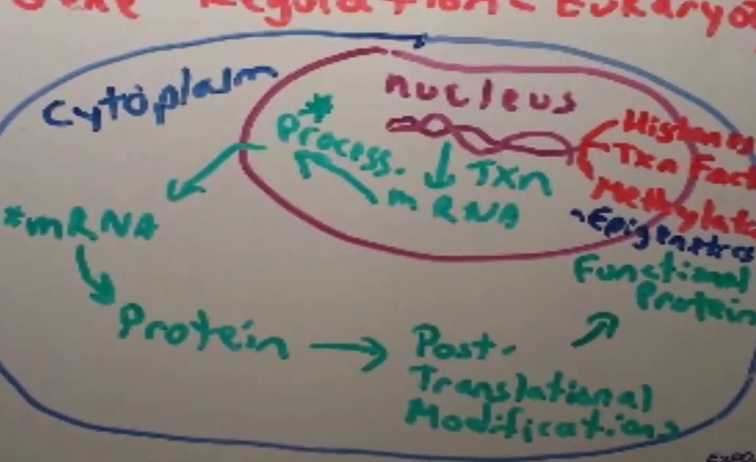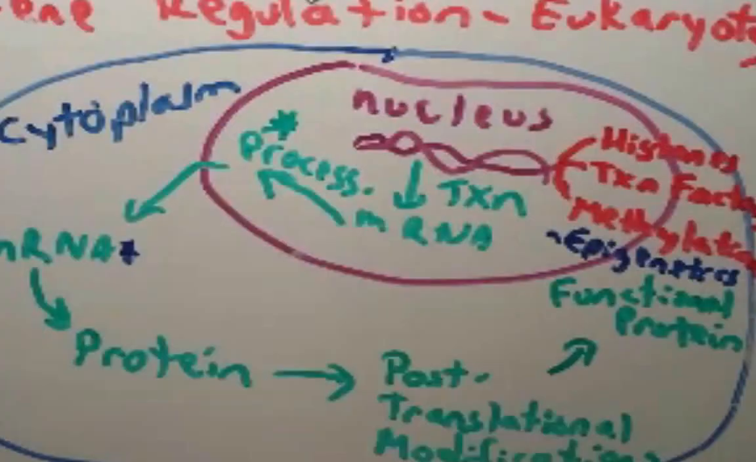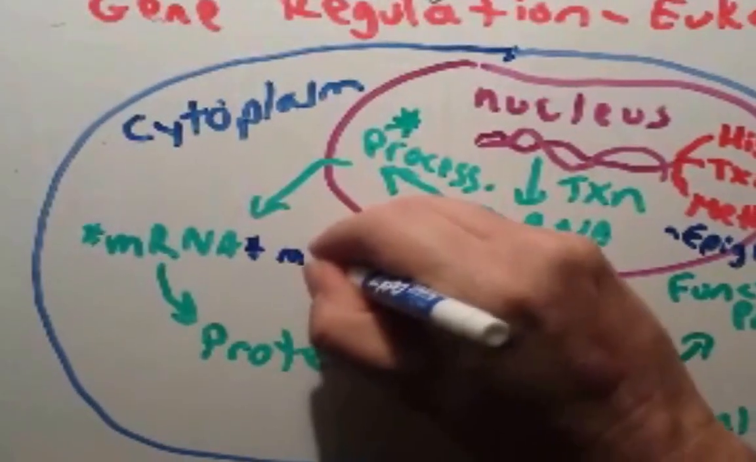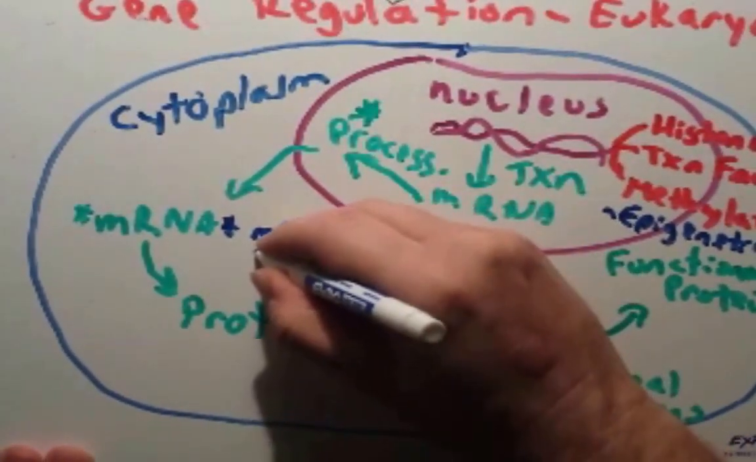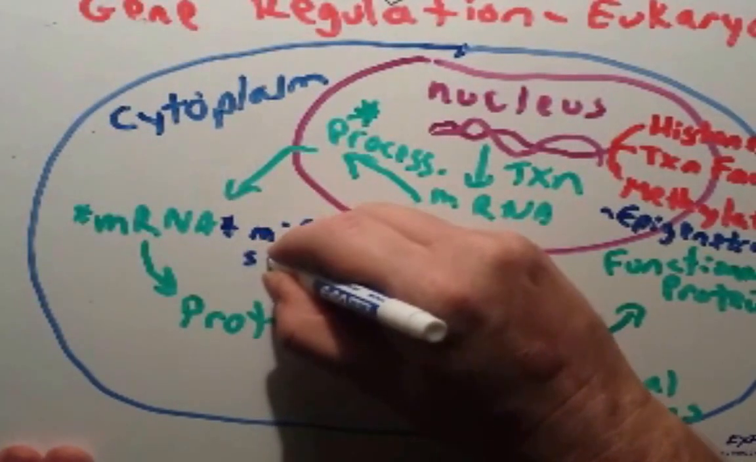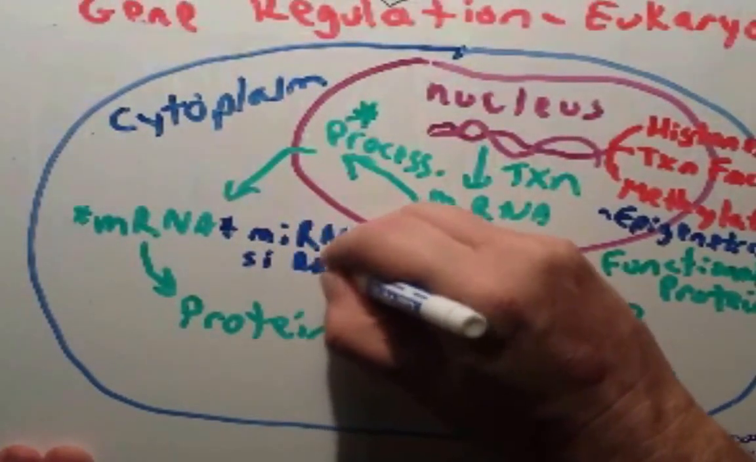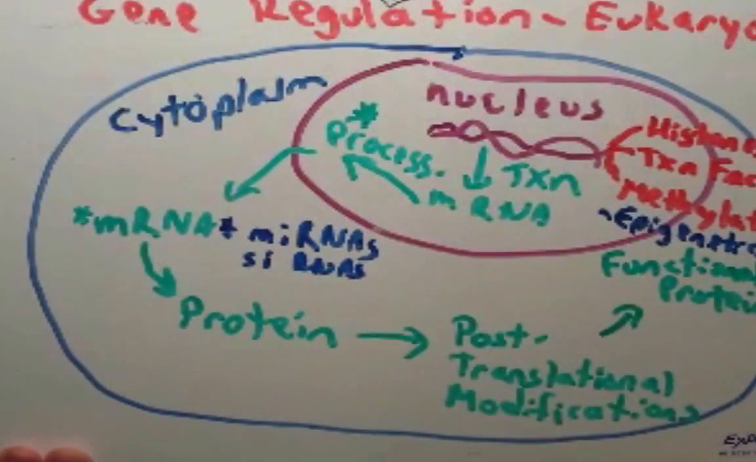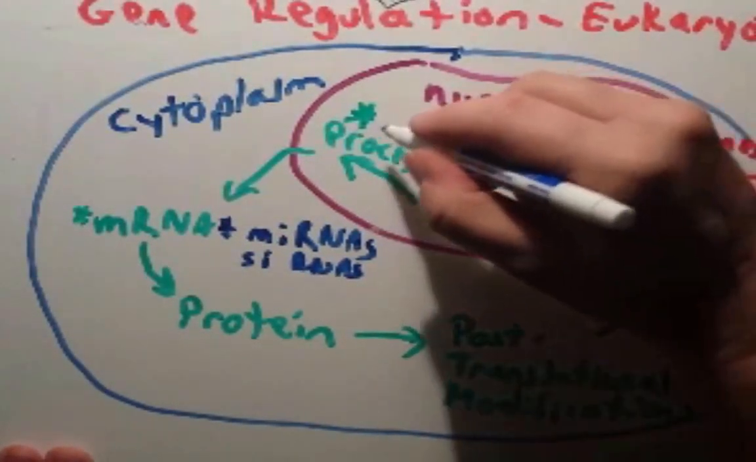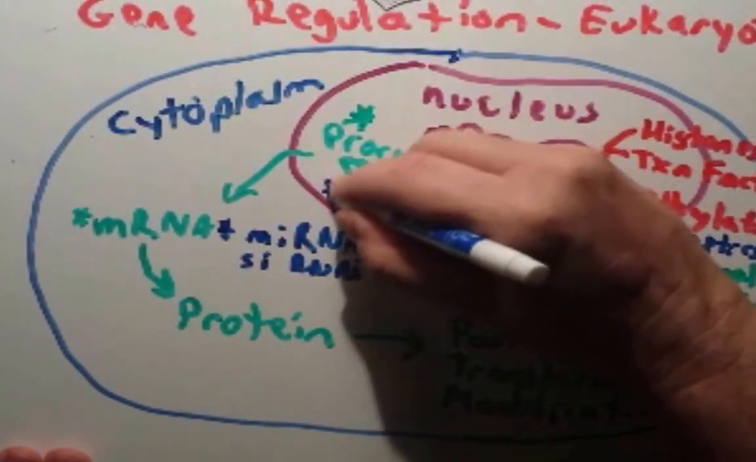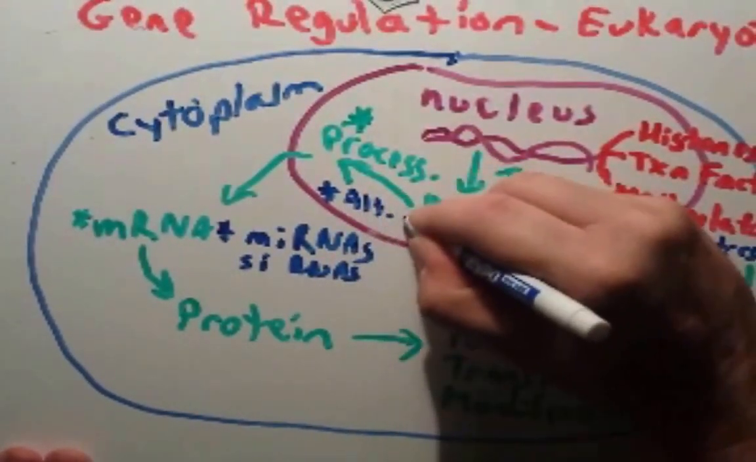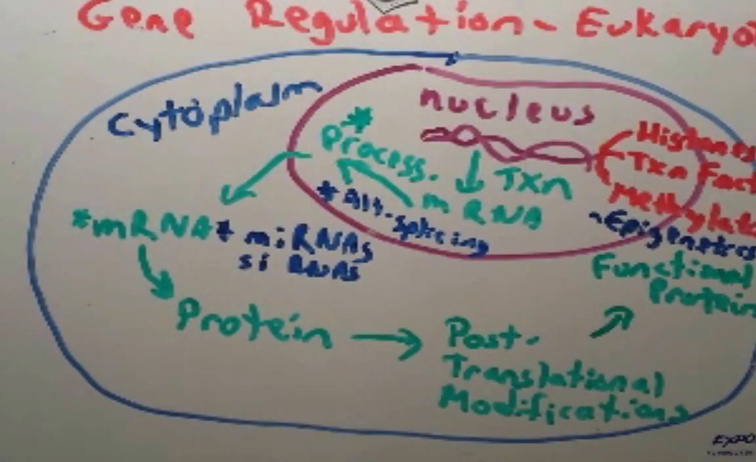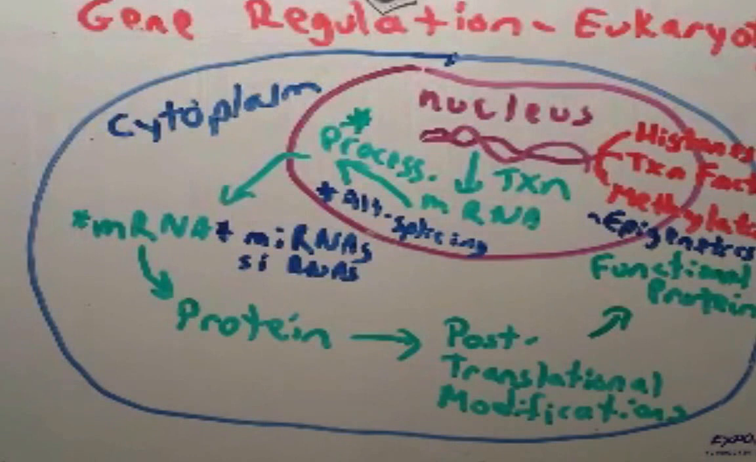And the other level that we're going to spend some time on is here, where we talk about these microRNAs, how they affect transcription, and these short interfering RNAs and how they affect it. And then lastly, we'll talk about this processing here. Don't really have room, but we're going to focus here on alternative splicing. So that gives you a general idea of where we're going to go with the next few podcasts